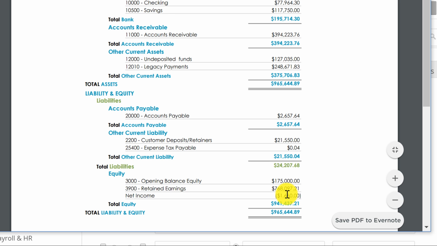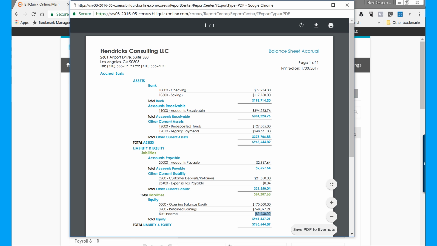The net income or losses from the current month. When you add these two together, the $768 minus the $1,660, you will get the net income for the period, which is $766,431.21. Another important thing to notice, if we go back to the top of the balance sheet